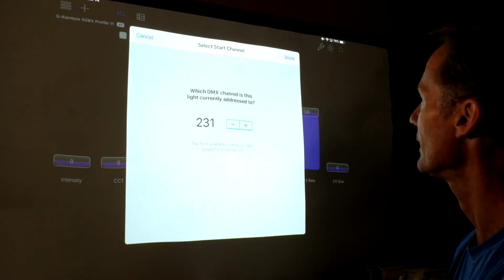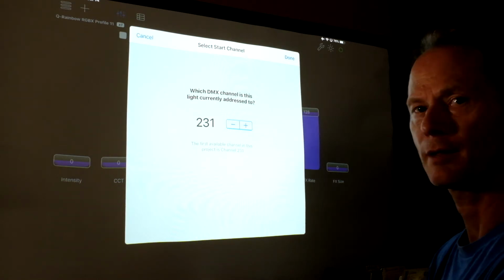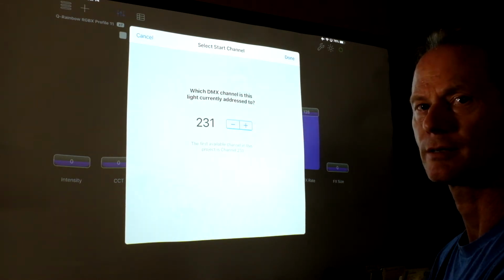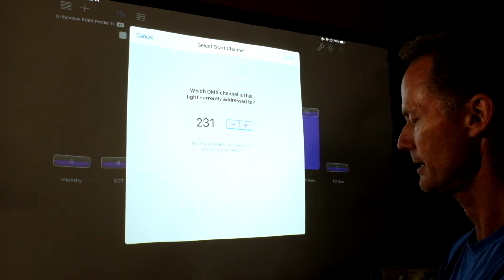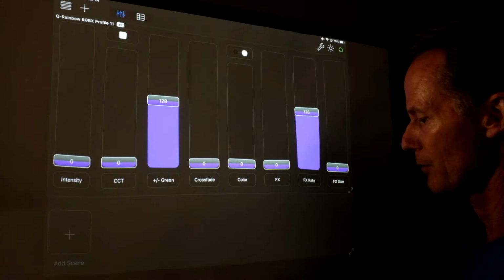It's profile 11, and it automatically populates to 231, which is correct. It's 10 channels, profile 11. And I'm going to say done. Now, in Luminair, what happens is